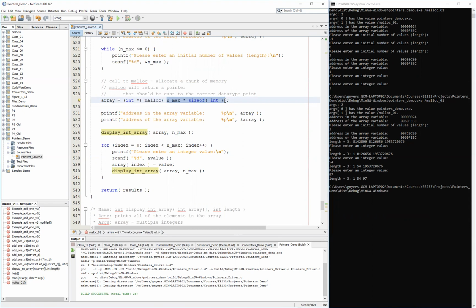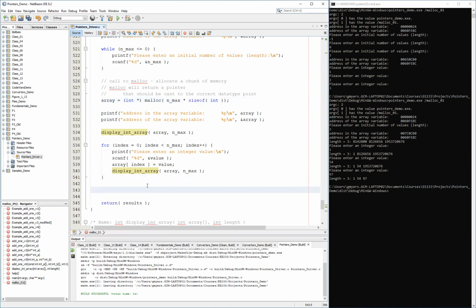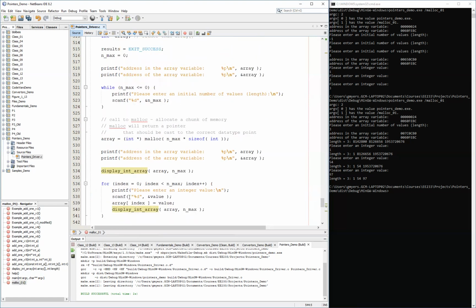But hopefully you can see now the benefits of using malloc and being able to control the number of elements in your array, in addition to the fact that this memory is going to be maintained even beyond the scope of your function, which brings us to the last thing that you always want to do when you are done with memory that you have allocated using malloc, and that is simply to make a call to the free function. In this case, we will simply free our array, and to understand what this does, you can once again go back